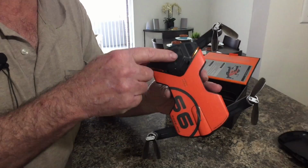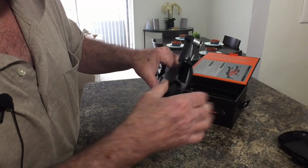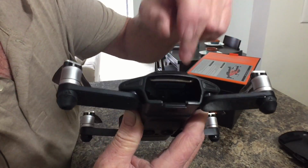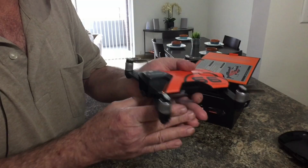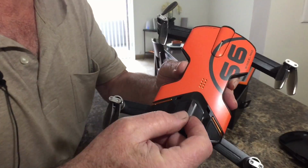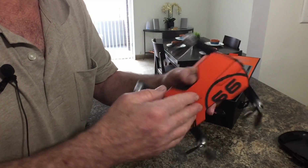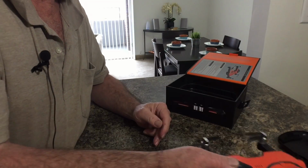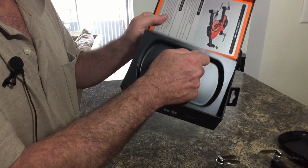And here's the GPS module in here. You can actually see that from the back. You can see the metal part of it, and it's got a little protective cover over that plastic cover. You're supposed to remove it, but I'll do it when I get ready to fly it. But that's that. And then in the rest of the box, you take that part out,